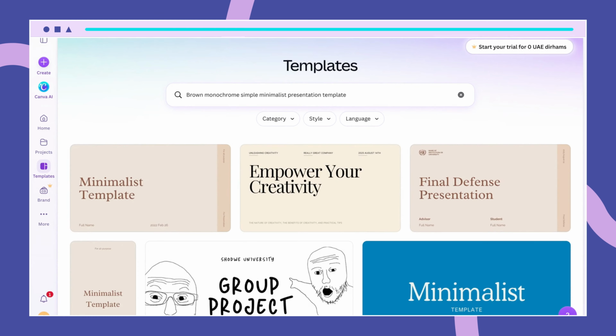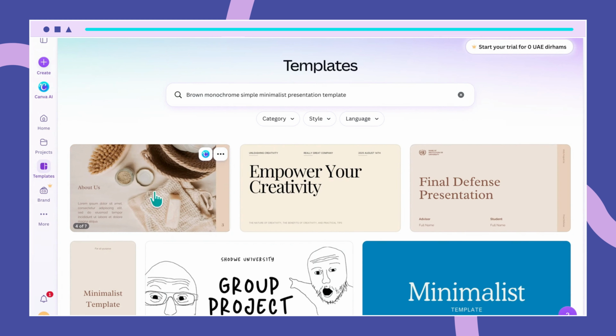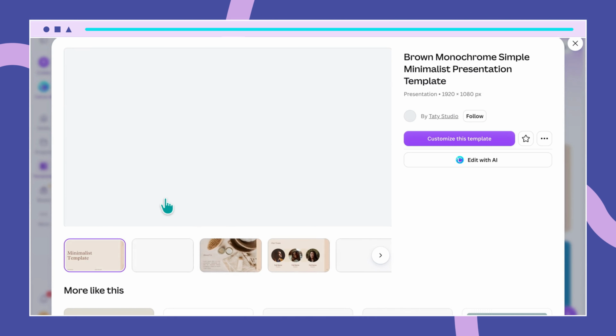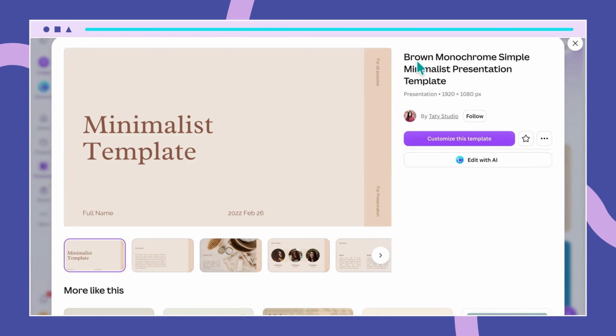And so the template I'll be using is this one right over here. It's the very first one that popped up because I typed in the specific name. Now I'm going to click on it. And you'll see here it says brown monochrome simple minimalist presentation template. And the presentation size is 1920 by 1080 pixels. Shout out to Taty Studio who created this template. Now we can click on customize this template and it will take us into the